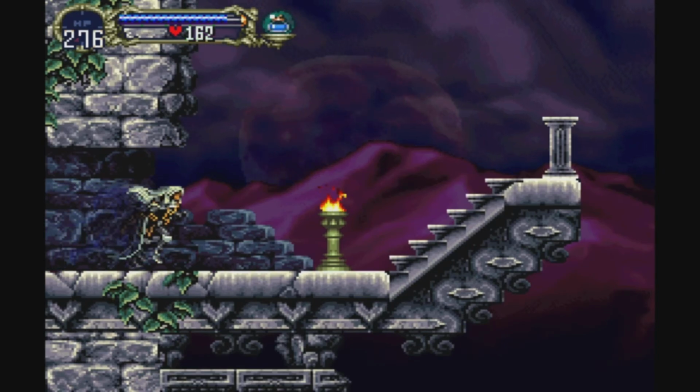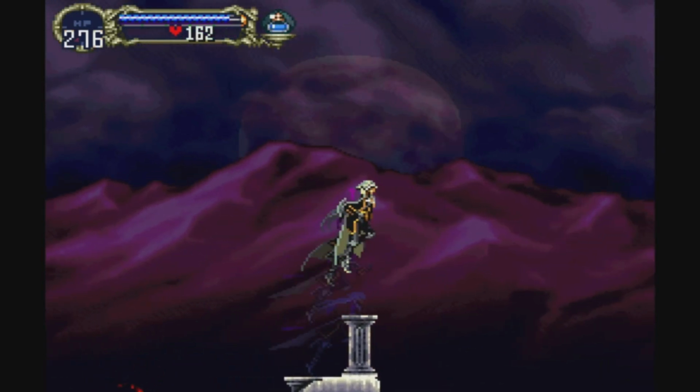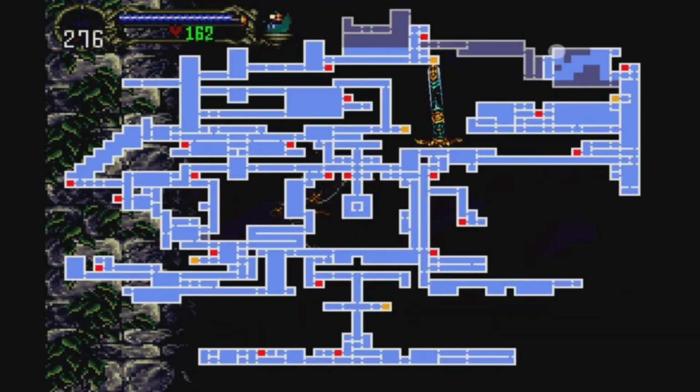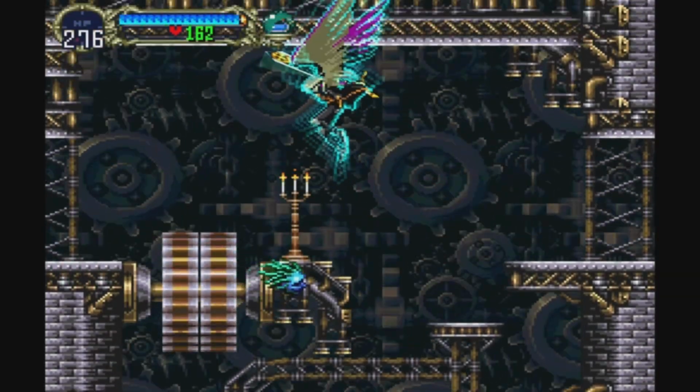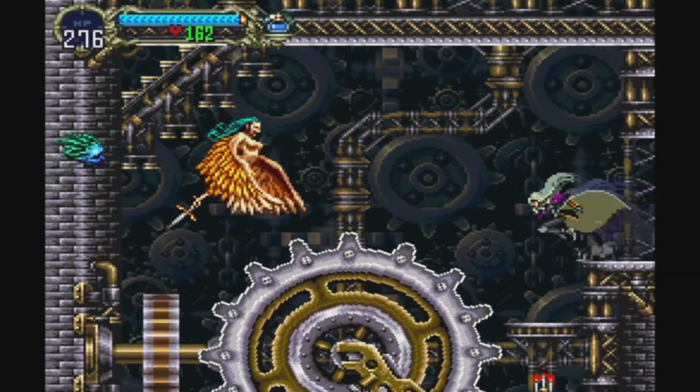And to the right is really nothing at all. Nothing at all. That's like 50% of the enemies in this game. They're butt-ass naked. And speaking of...